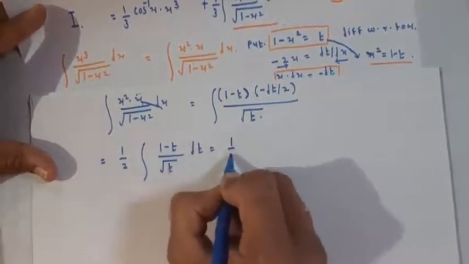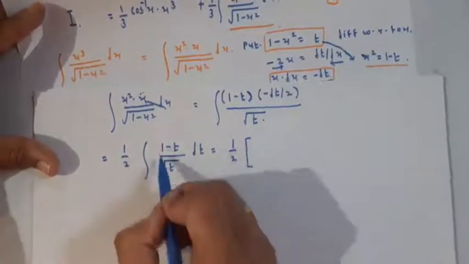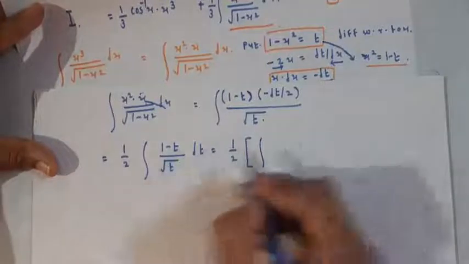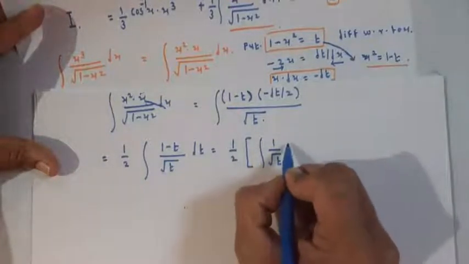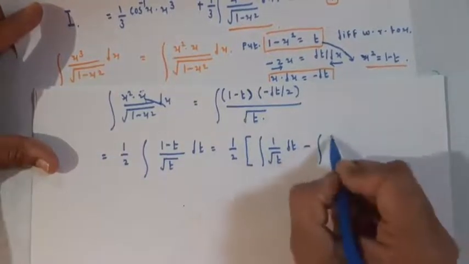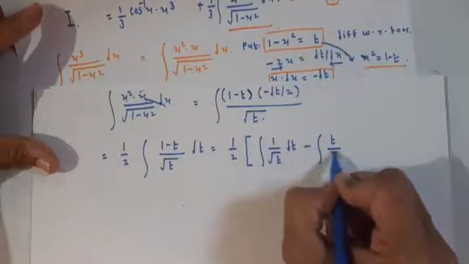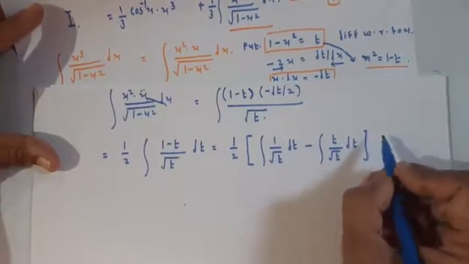Now solve the terms: integration of 1 upon square root of t, take the term separately with respect to t, minus integration of t upon root t with respect to t,